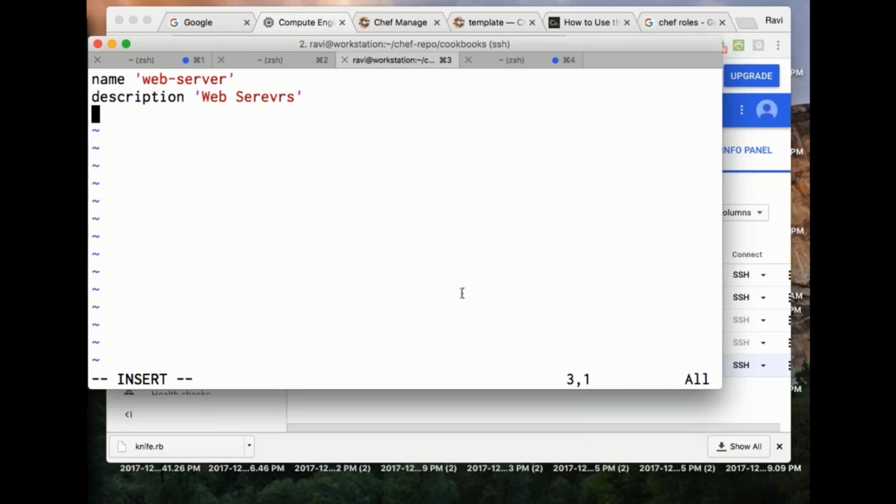Then I need to say what are the run list I need to add. Right? I'll say run underscore list. Then I can keep on going and adding specific recipes over there. So I can say a recipe and that particular cookbook, right? And I can also specify one more recipe if I want that. I can simply say recipe and